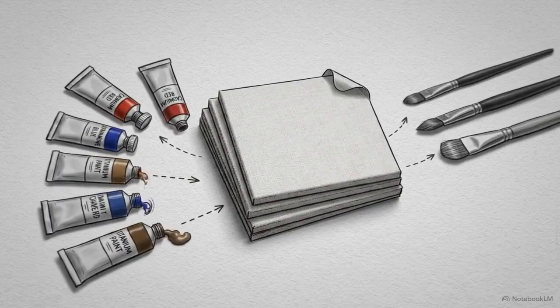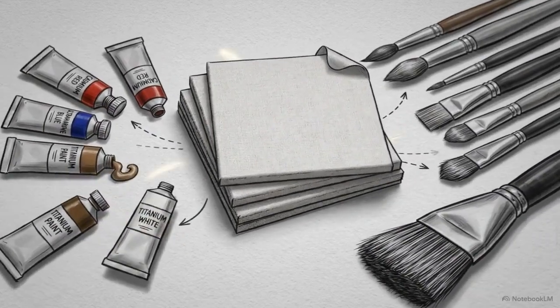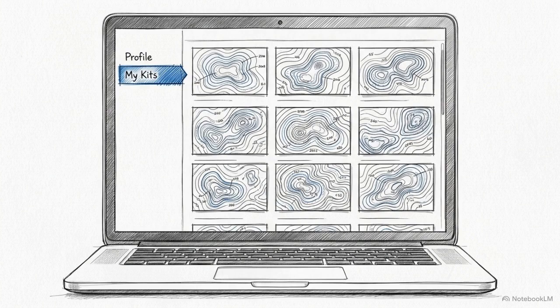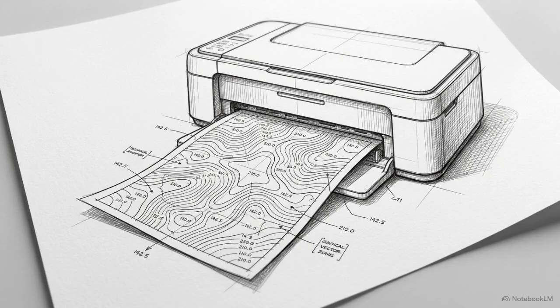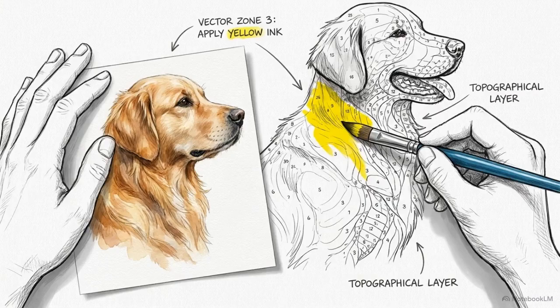The setup is now complete. You possess an unwarped, fully printed template and the localized physical supplies needed to begin painting. For long-term project management, you can access the My Kits database located directly within your profile interface. This database provides complete redundancy. You can effortlessly recover lost emails or reprint historical templates without needing to rerun the AI generation. By storing every project indefinitely, the platform functions as a permanent, accessible archive for converting intangible memories into